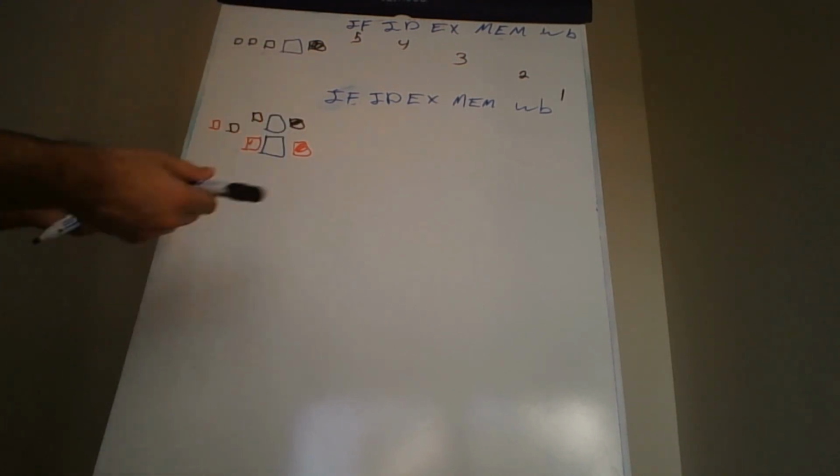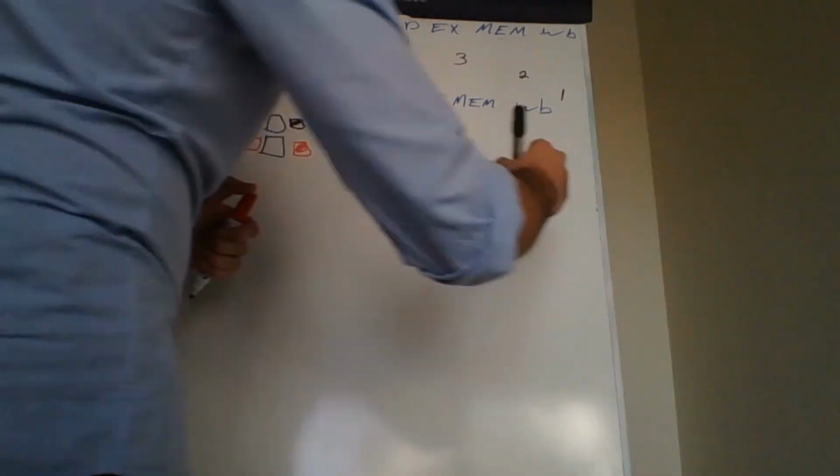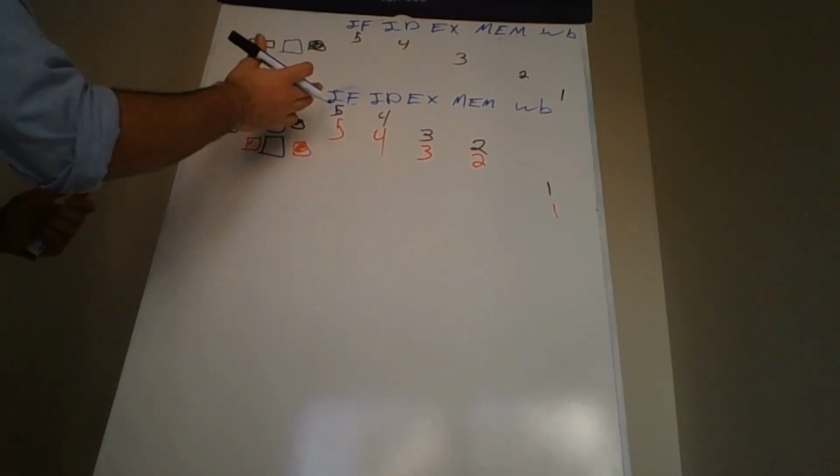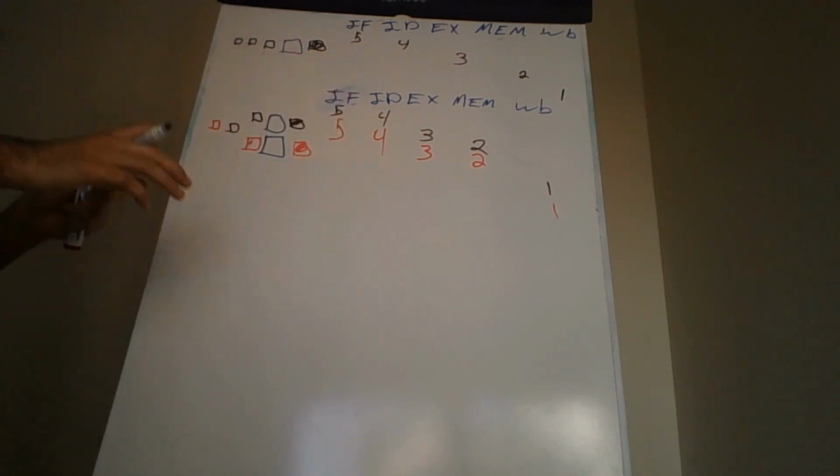and if these processors were also pipelined and the pipeline were to fill up, we'll have as follows: instruction 1 and instruction 1, instruction 2 and instruction 2, 3 and 3, 4 and 4, 5 and 5. As we can see over here, that we'll have two instructions instead of one at each stage.